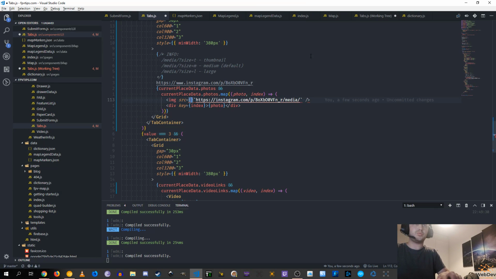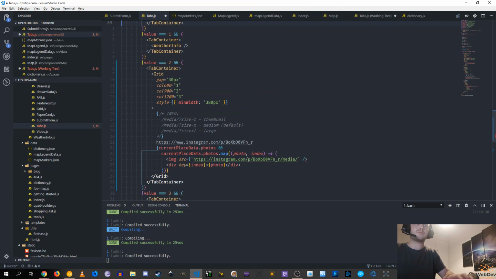But the images will point to here, and the photo part is the part that comes all the way up to here. And what I can do, what is more common, if somebody just takes an Instagram link to a picture,